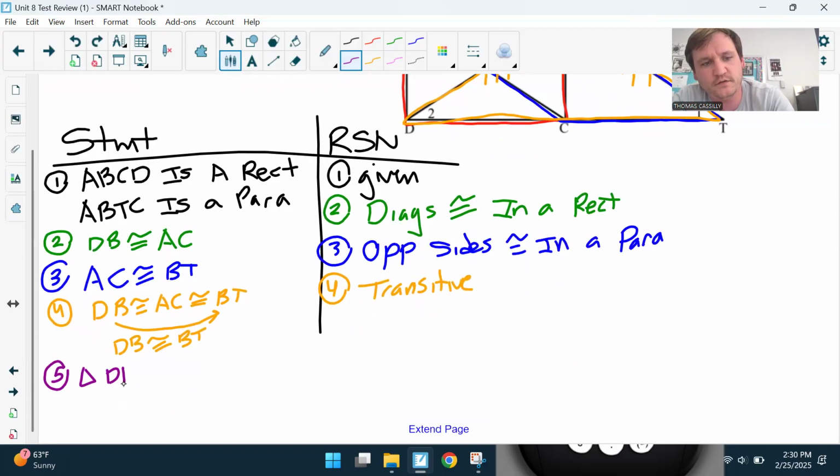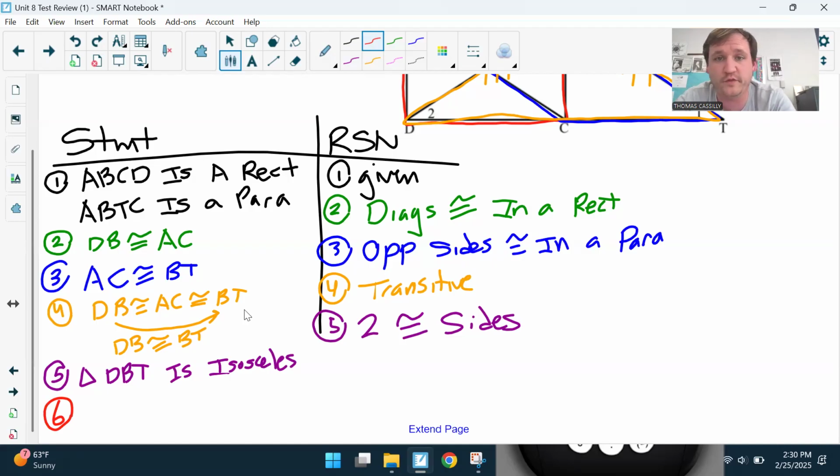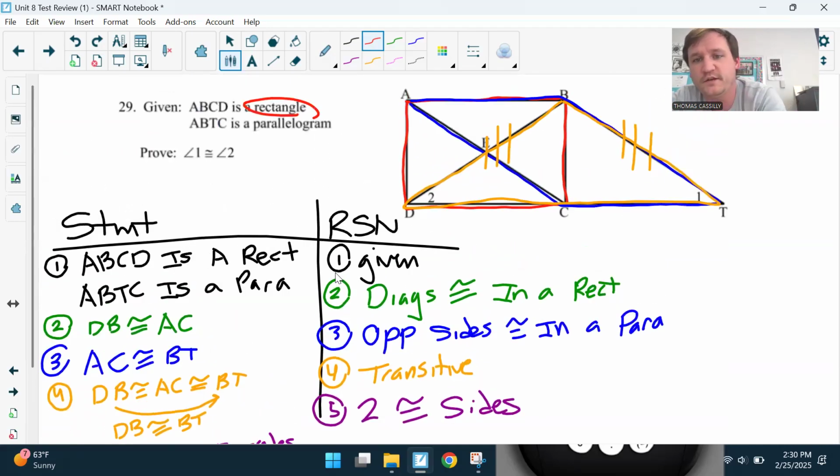Triangle DBT is isosceles. And I know it's isosceles because we have two congruent sides, right? That is useful because now, anytime I have an isosceles triangle with two congruent sides,